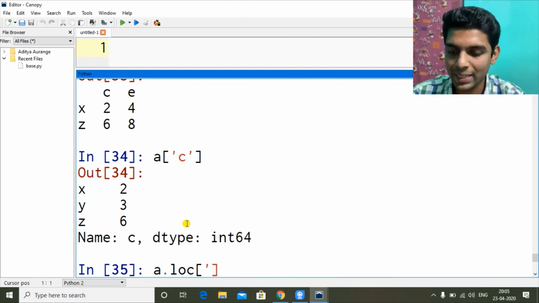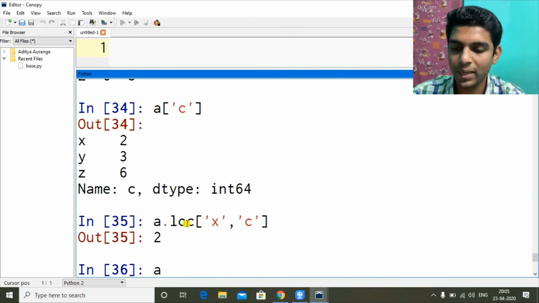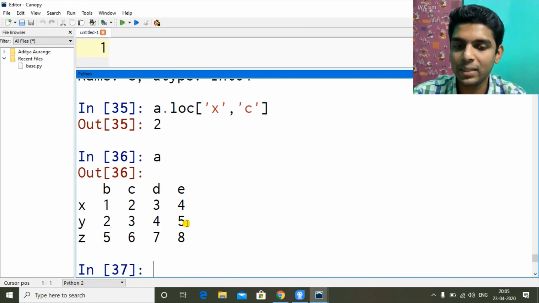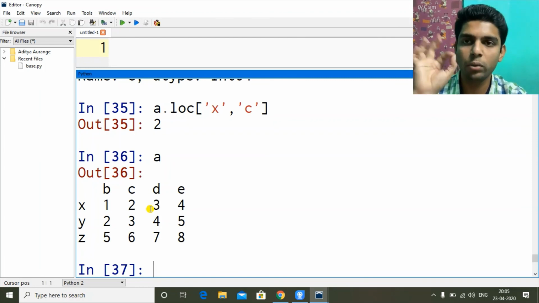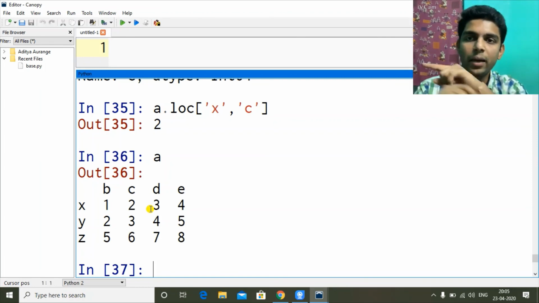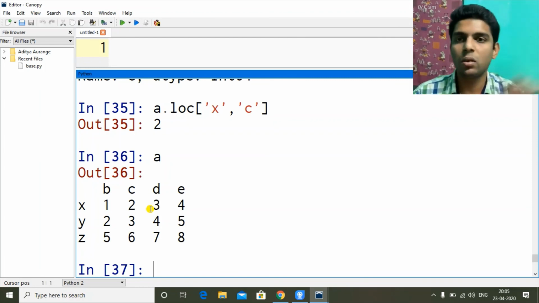So X, comma, let's say C. So A is this. So X and C, here X and C is 2. So that should have been the first point. But anyways, X and C, particular indexing, like going to the exact cell value, then doing slicing, getting parts of multiple values at a time, slicing using LOC and ILOC functions. So I hope you got it.